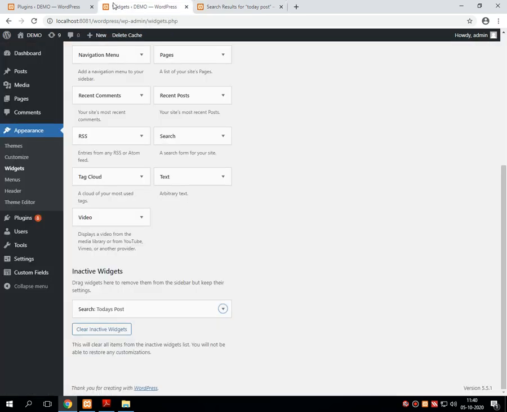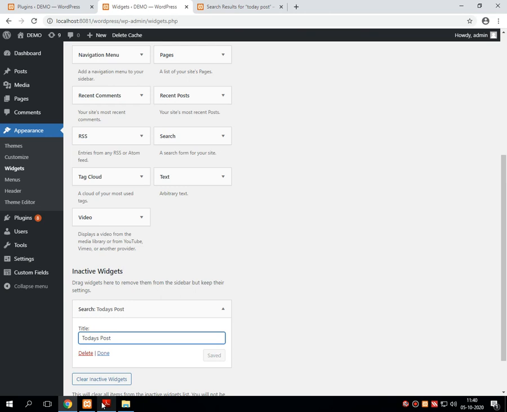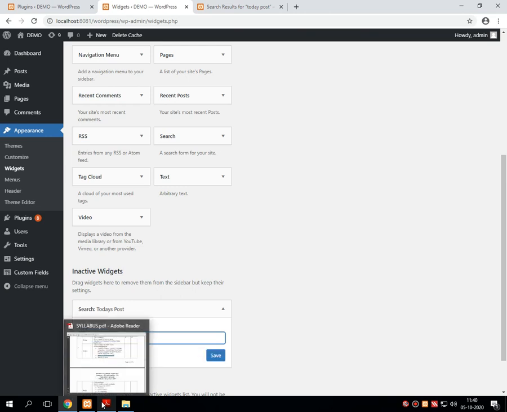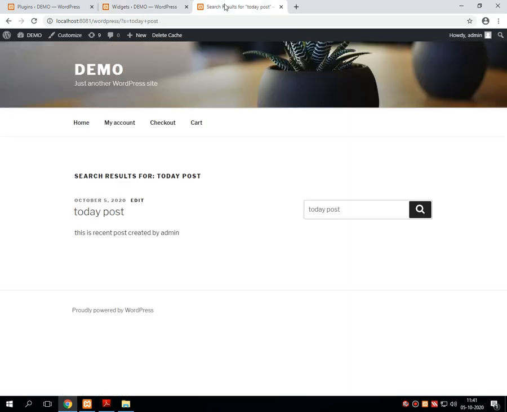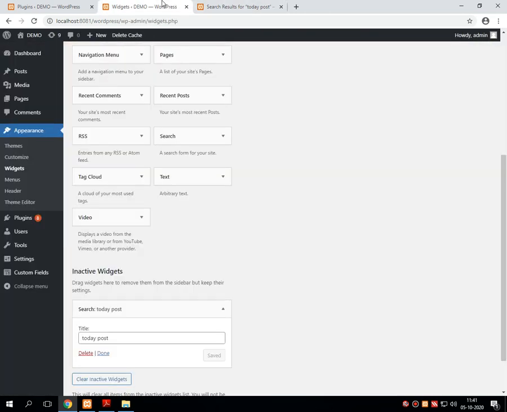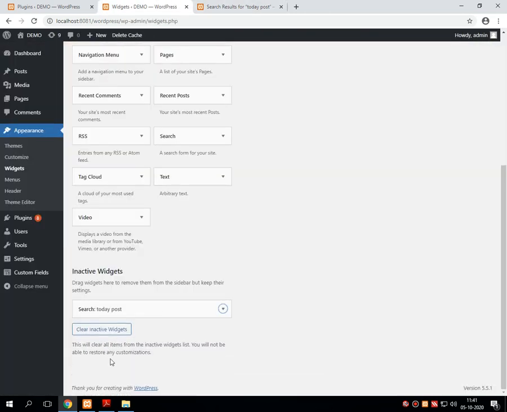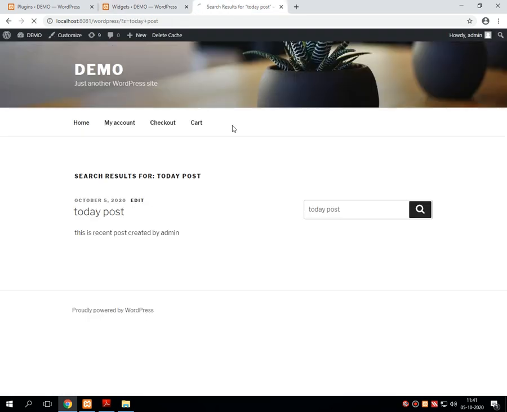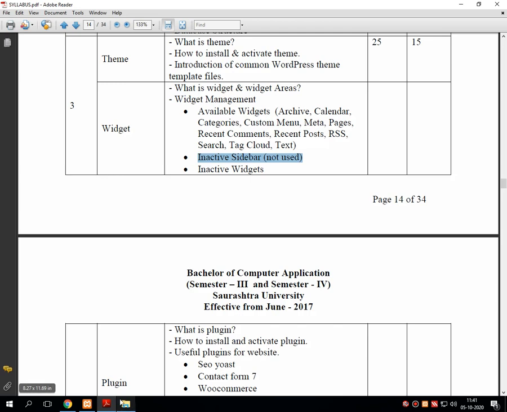Is today post, and here I have mentioned today's post. Today, P is small, T is also small. Save today post, done, refresh, search. There is something